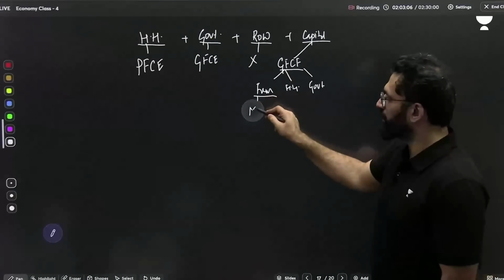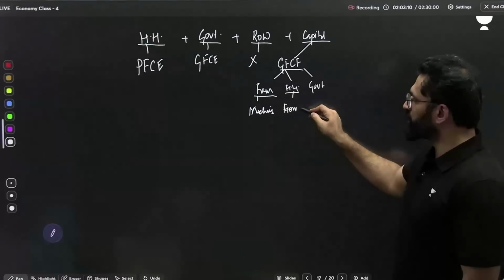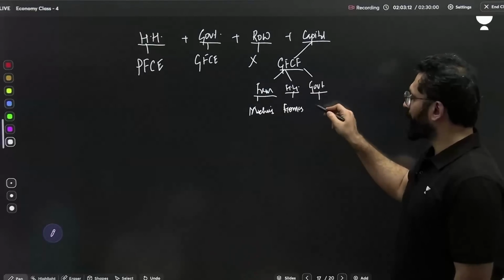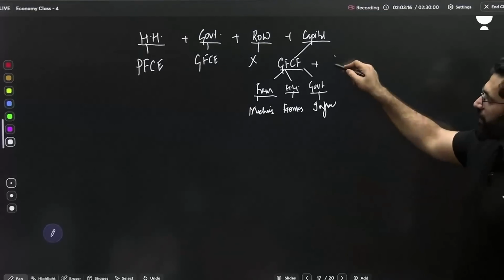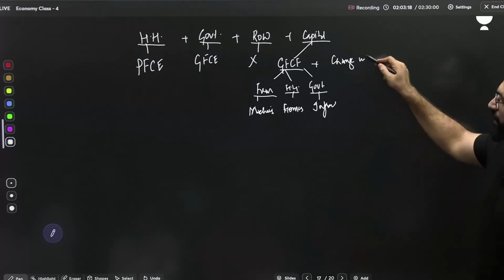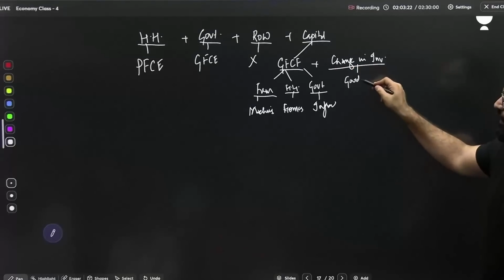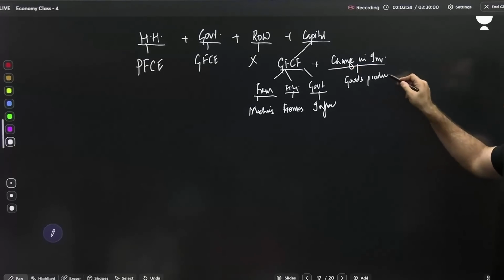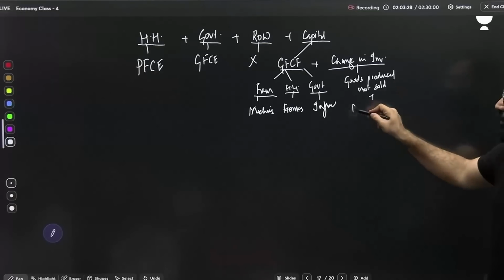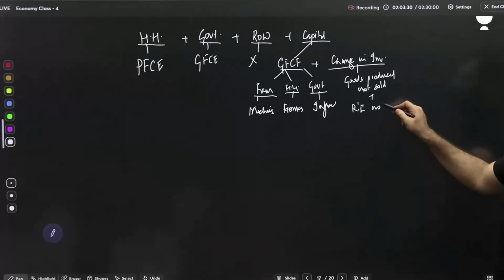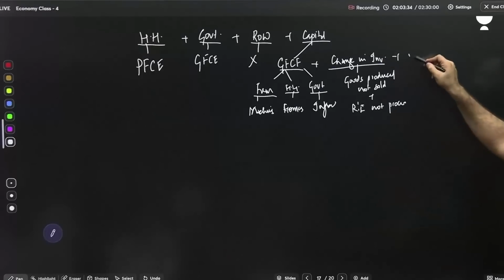Firm has bought the machines, household has built homes, and government has built capital goods, that is infrastructure, plus whatever is the change in inventory. Change in inventory means goods produced but not sold, and raw and intermediate material which is not processed, plus whatever the